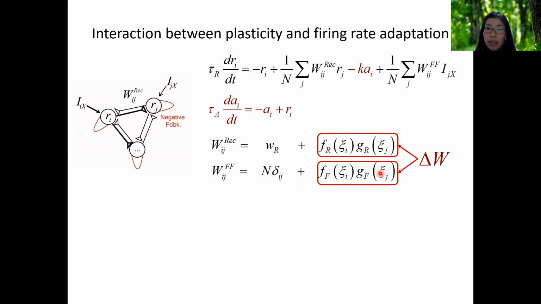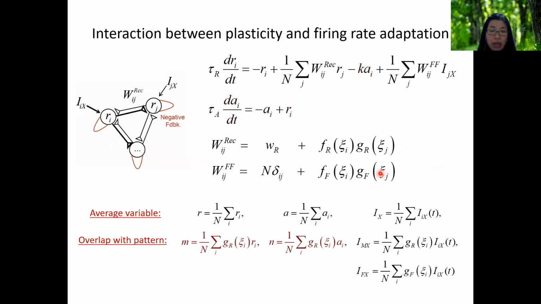To understand how the temporal changes can be derived in this case, we consider the mean field dynamics. In this mean field dynamics, fewer variables can capture the qualitative changes of the activity.